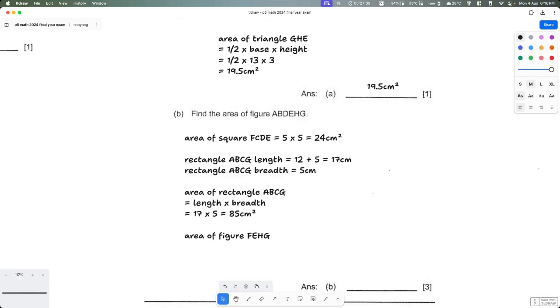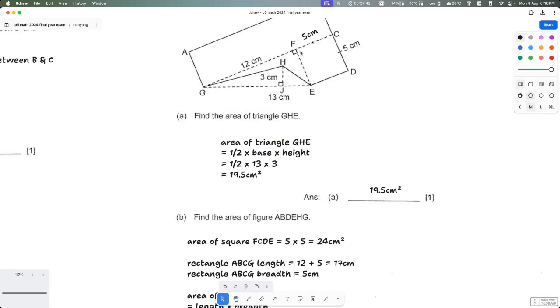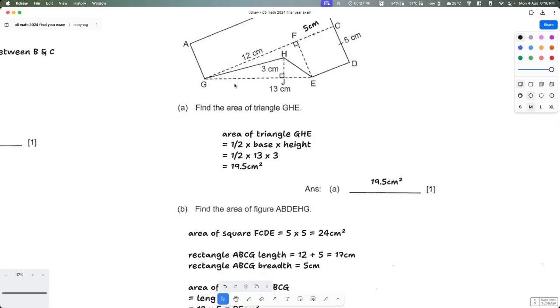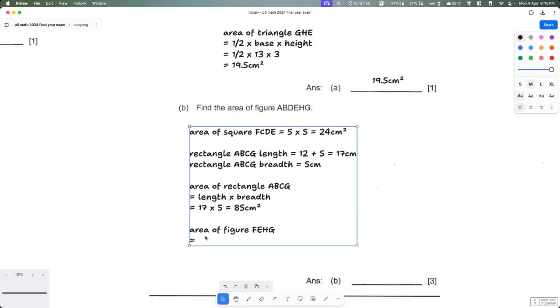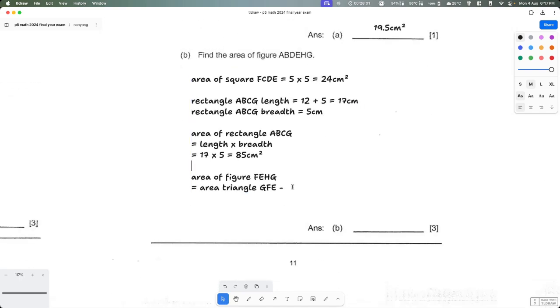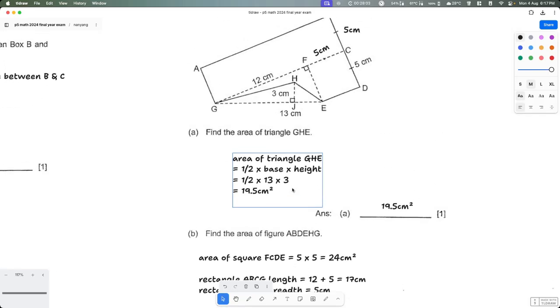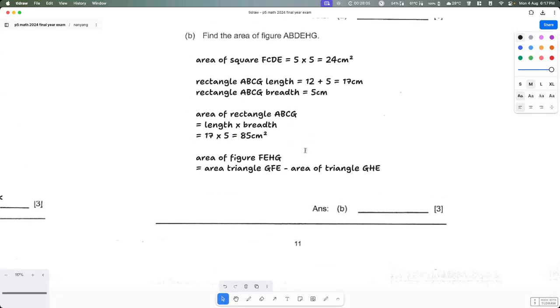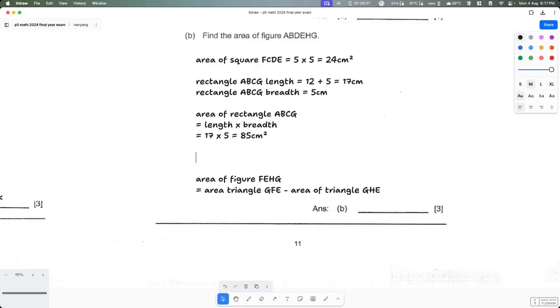Area of figure FEHG is equal to the whole triangle GFE minus triangle GHE. So we know area of triangle GHE. From here we can get area of triangle GFE,